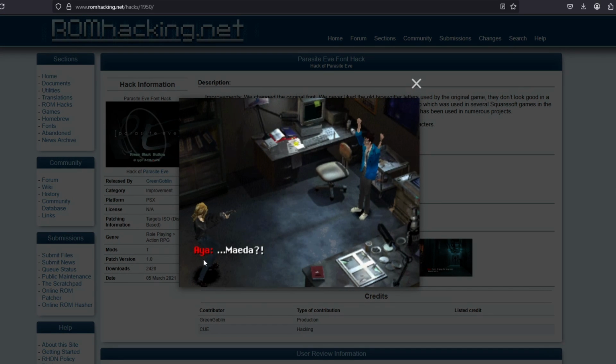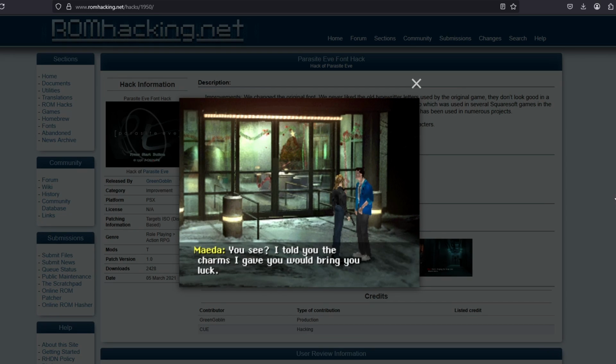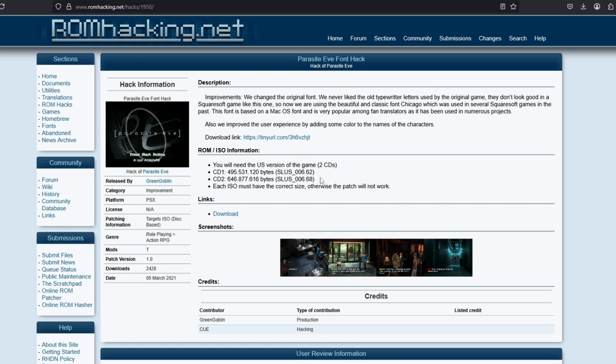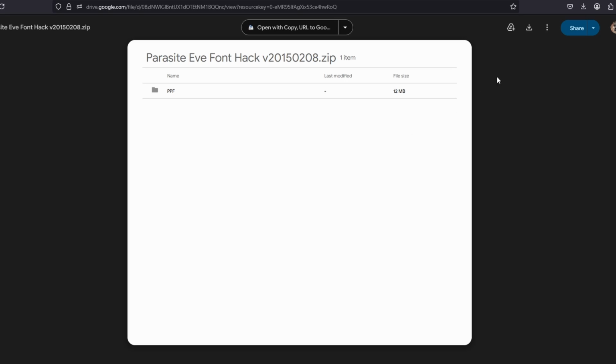For instance, look at the name. The character names are highlighted in a different color, and the text is so much cleaner, it's bigger, it's bolder, and it still has that pixelated old school look to it, which I personally love. It even has the important details and conversations highlighted. That's awesome. So to download it, you want to click on this link right here